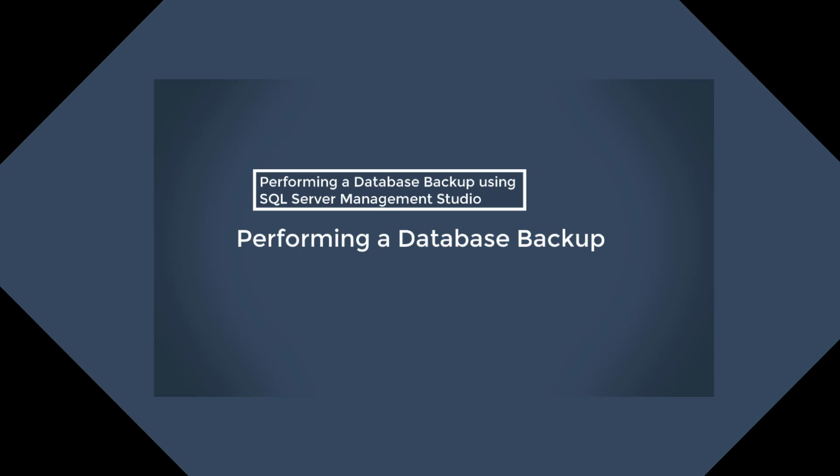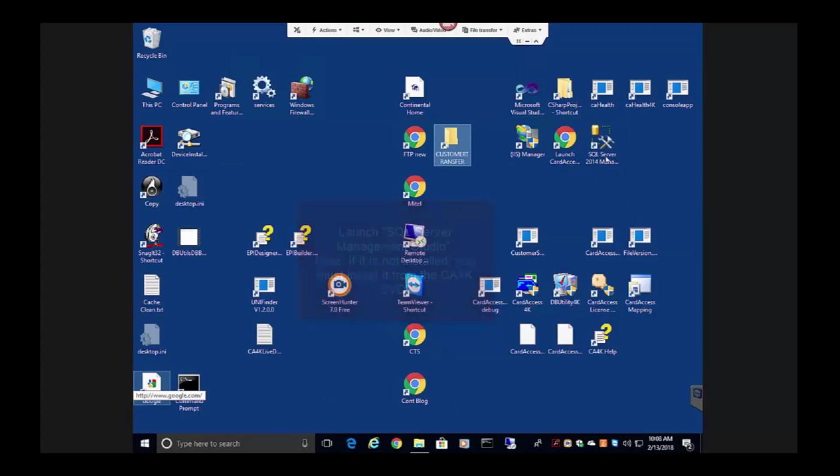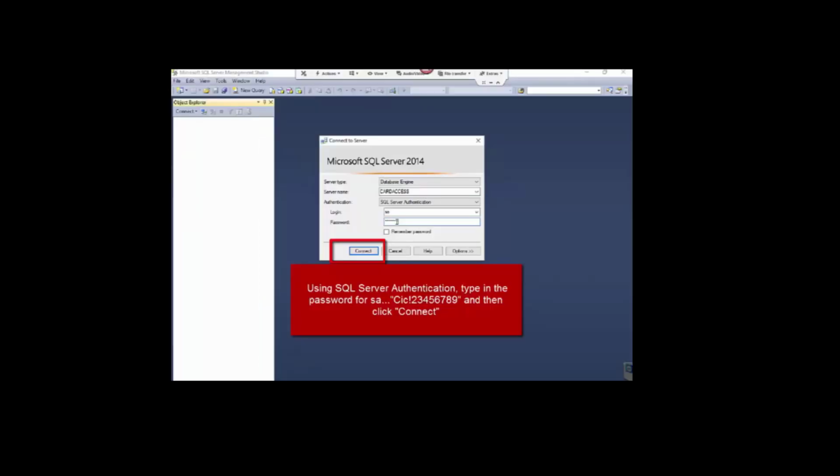First, launch the SQL Server Management Studio utility. You will be prompted to log in. Next, select SQL Server Authentication and type in SA for the login name and capital C, lowercase i, c, exclamation